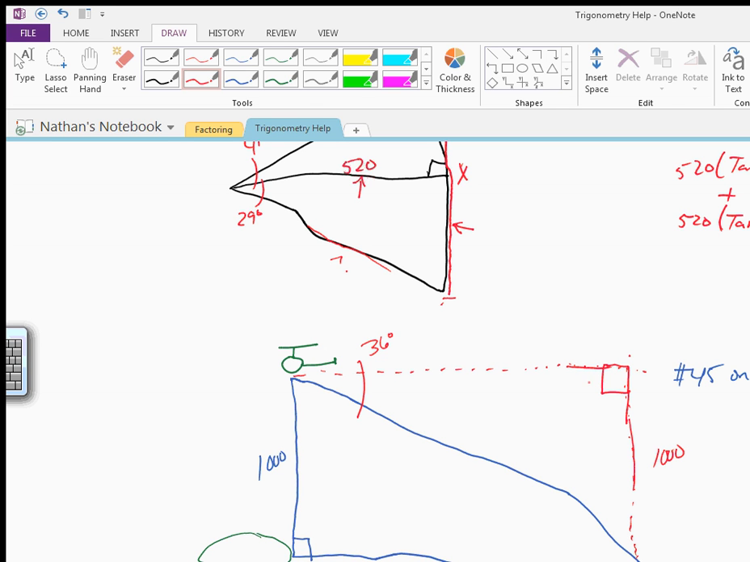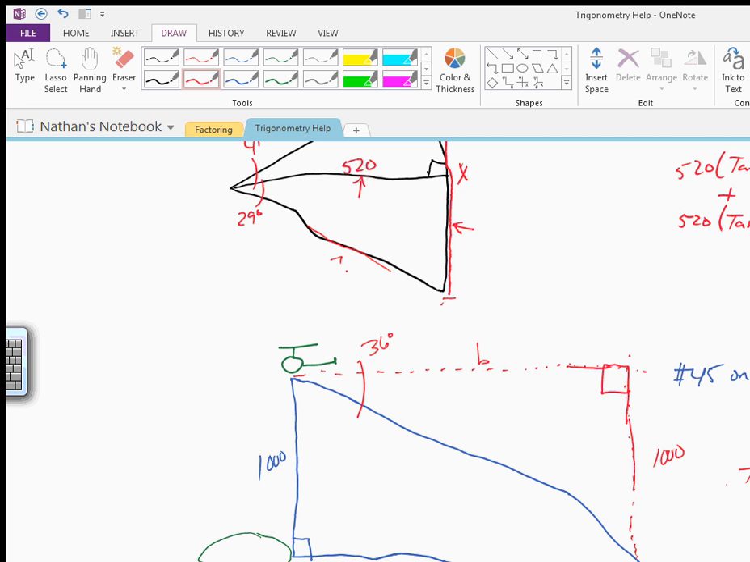We have a tangent. We don't know what the B side would be. However, we know what the opposite side is, which is 1,000 over the adjacent side. So we have the tangent of 36 degrees equal to this. Now, after a little bit of manipulation, you're going to end up with B equals 1,000 over tangent 36 degrees. Now, this gives us an answer of 1,000 divided by tangent 36 of about